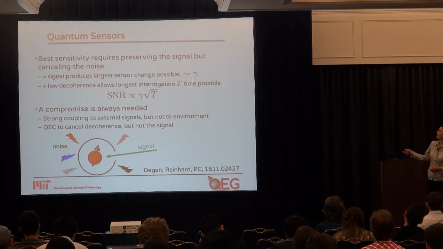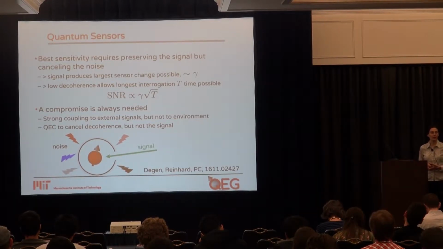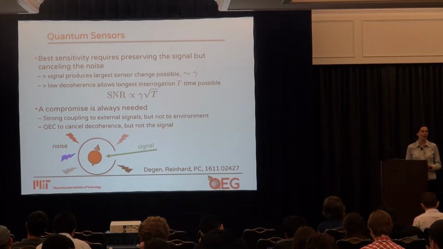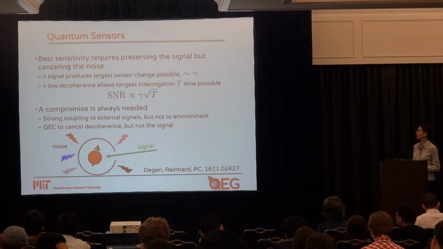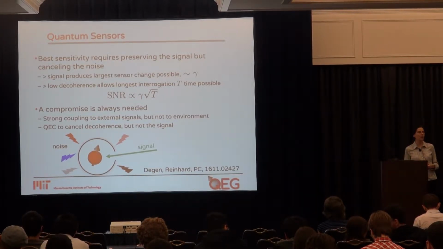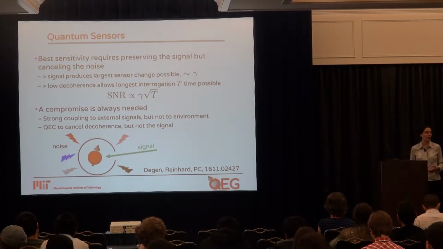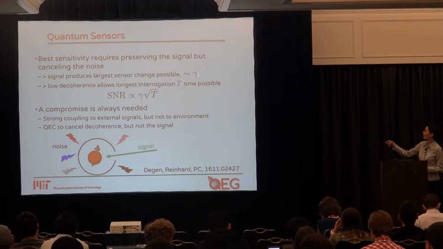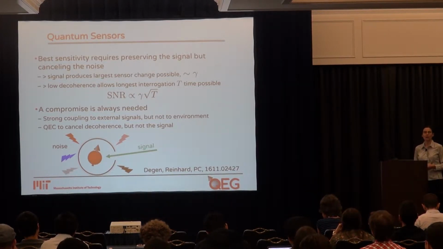Okay, so we want this coupling to the signal to be quite strong, but at the same time, we want our quantum system to be very much isolated from other types of perturbation, which are unwanted, so that the interrogation time during which we acquire information about the signal is as long as possible. And of course, this is limited by the coherence time of the sensor itself. And so when we have these two parameters, we can achieve a signal-to-noise ratio, which is typically for a single